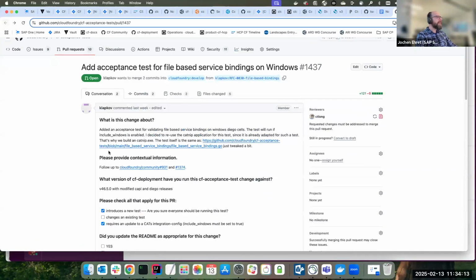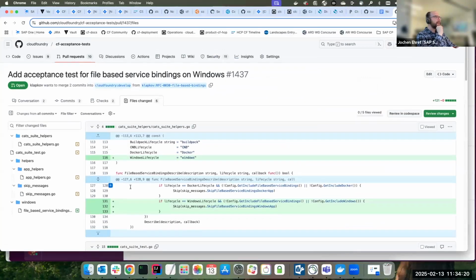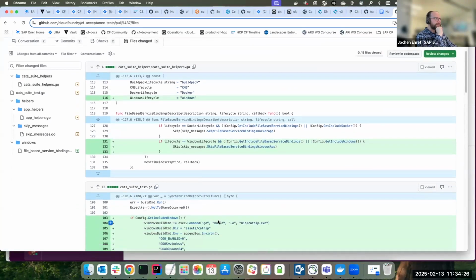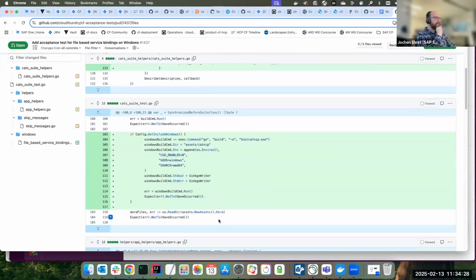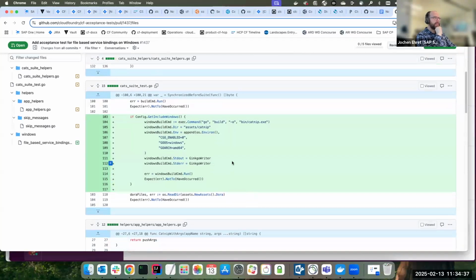So this colleague here is implementing acceptance tests for file-based service bindings on Windows. So basically the same structure that we have already implemented for the non-Windows stuff is now also implemented for Windows.